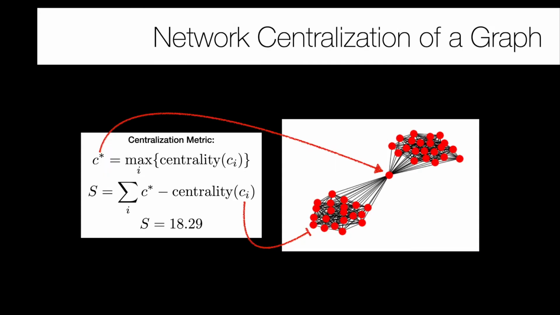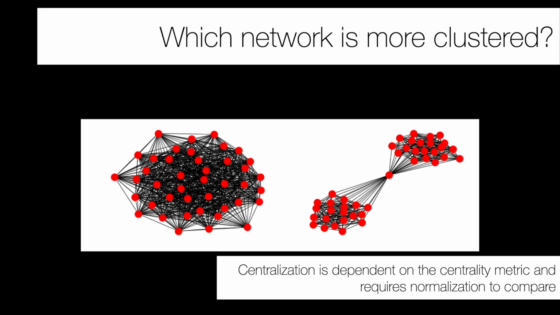And we have a way to extend this metric to centralization of the graph by comparing the node with the highest centrality in the graph and subtracting that from what could be the largest possible or the most central form of this graph. But that tells us something about the centrality metric that we want to use, and we have to do some normalization to do some comparison, which can be non-trivial at points, and really it doesn't tell us a huge amount of the structure of the graph if we want to understand the graph as a whole, though it does tell us some things about whether there is a particular node